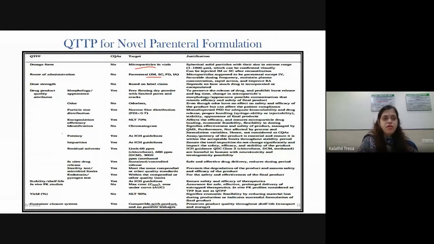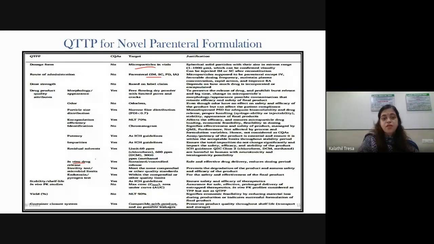Then the drug product quality attributes, these are parenteral, so they will differ. Particle size is important, and encapsulation efficiency is important, then potency, impurities, residual solvents. Then similarly you have in vitro drug release profile. Another important thing is sterility, endotoxin test, pyrogen test, because these are parenterals.